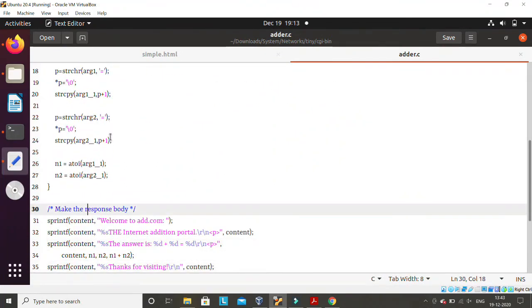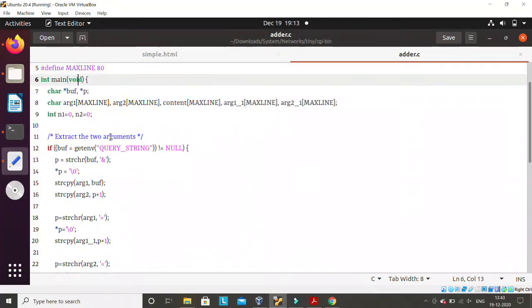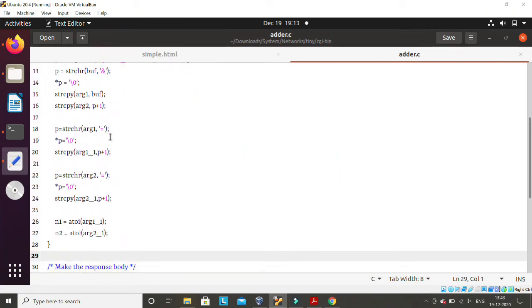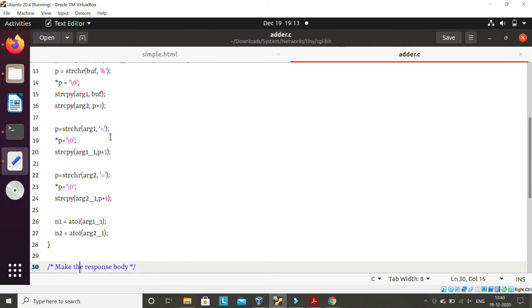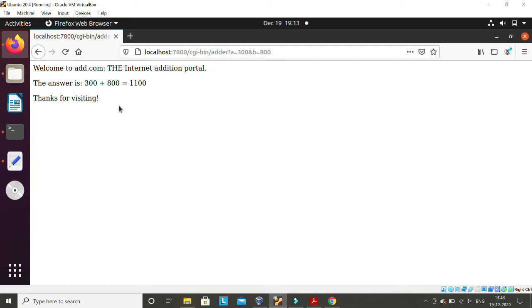So just assume that this adder is adding two numbers. One is n1, another is n2. So nothing fancy here. I'm scrolling it, but you can ignore this part right now. Just assume that this is an independent C program, which can add two numbers n1 and n2. So what it will do, it will only add these two, right? n1 plus n2. And since the client is expecting the result in this format, these strings are generated here.